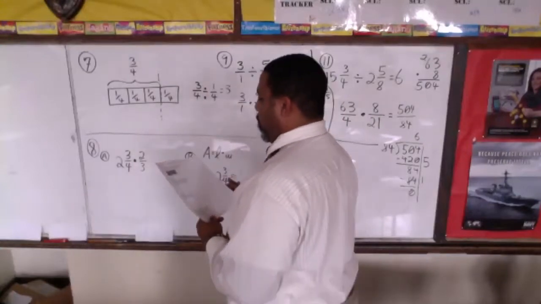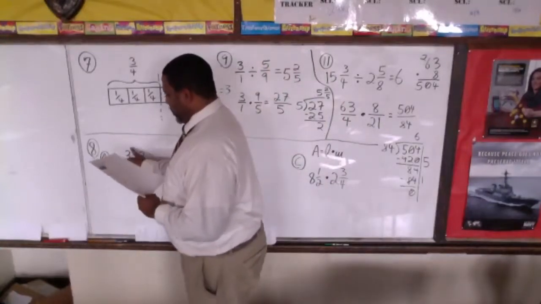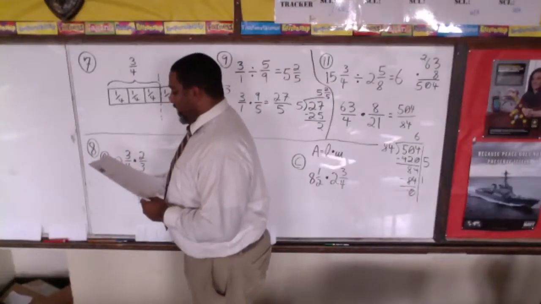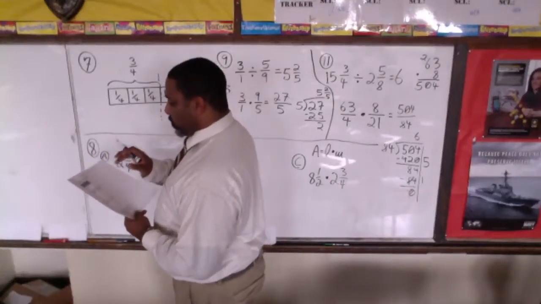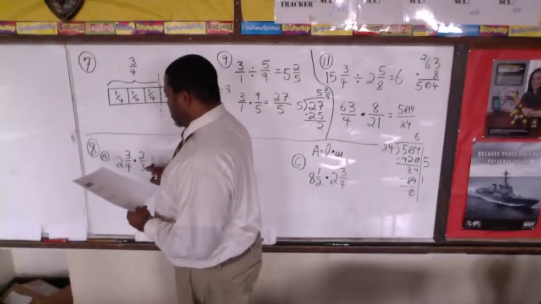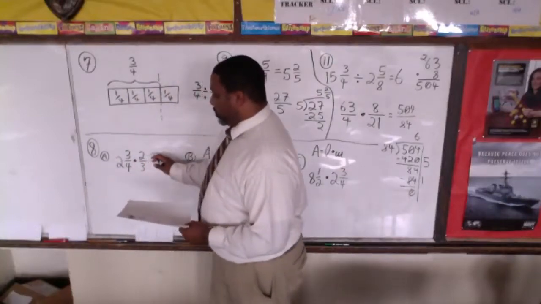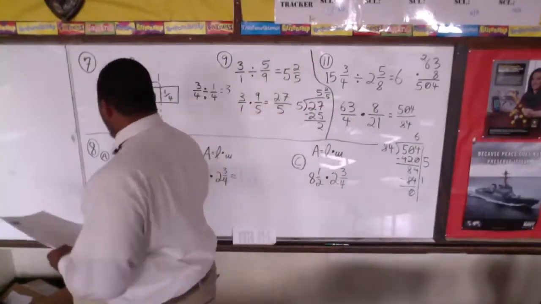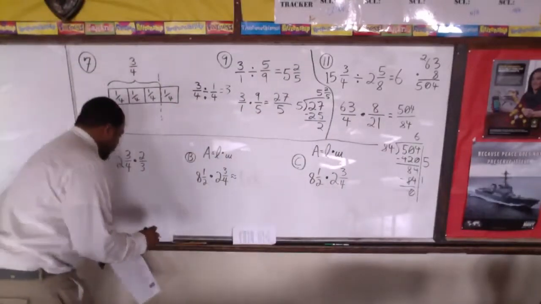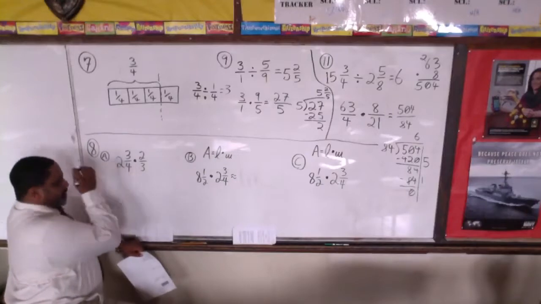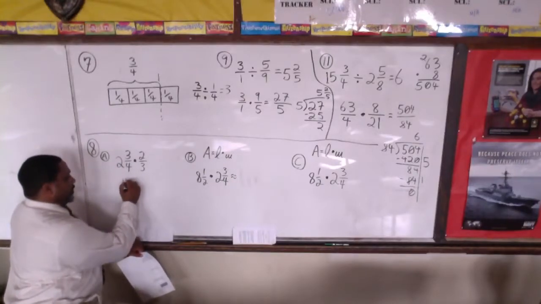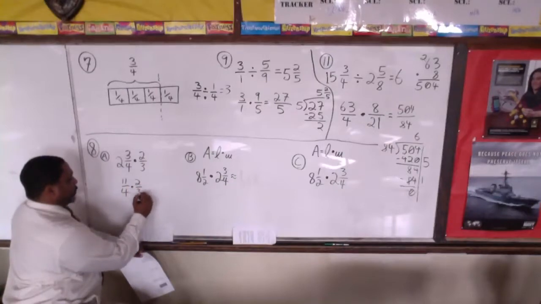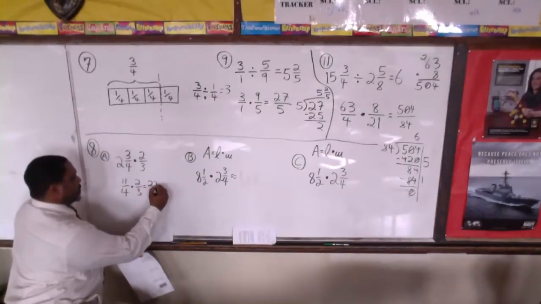Well, the full height of the wall is 2 3/4 feet. And it tells us that the top 2/3 of the wall is made of brick. So we need to find out what is 2/3 of 2 3/4. So that's going to be a multiplication problem. First, we're going to convert this mixed number to an improper fraction. 4 times 2 is 8, plus 3 gives us 11 over 4 times 2 over 3, multiply straight across, 22